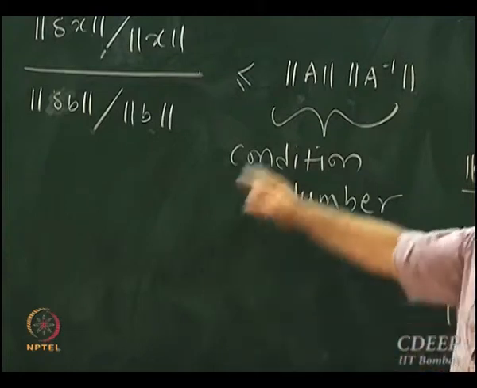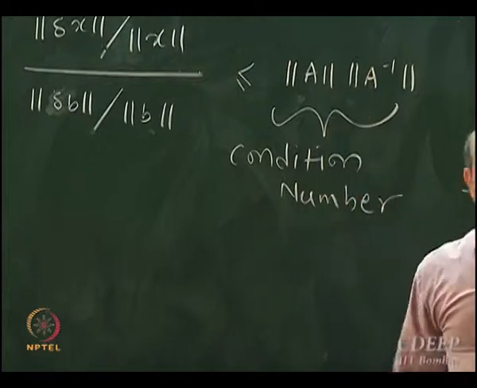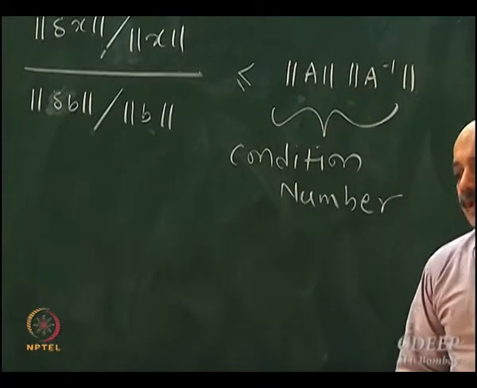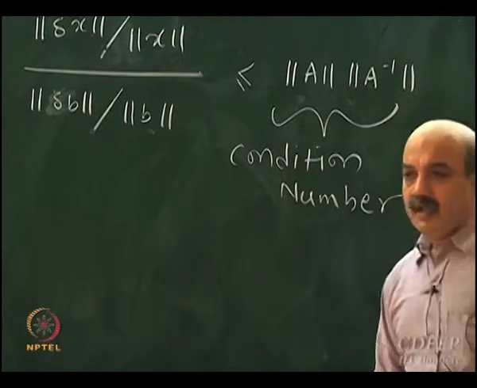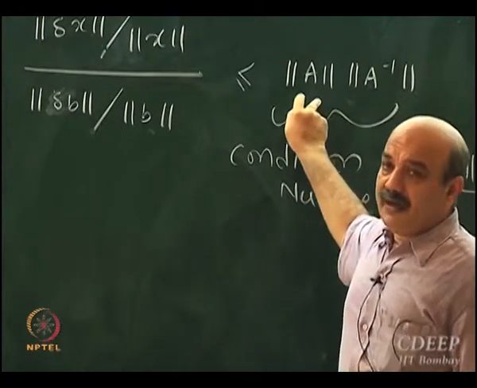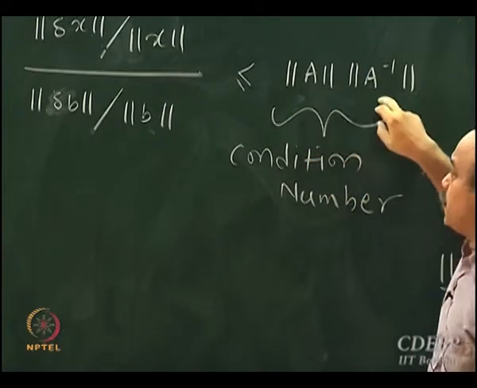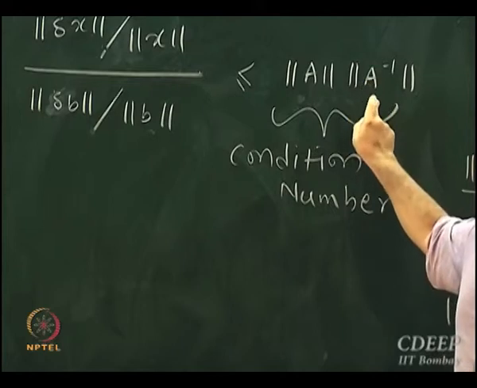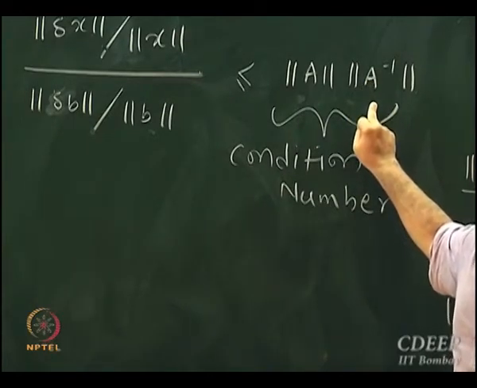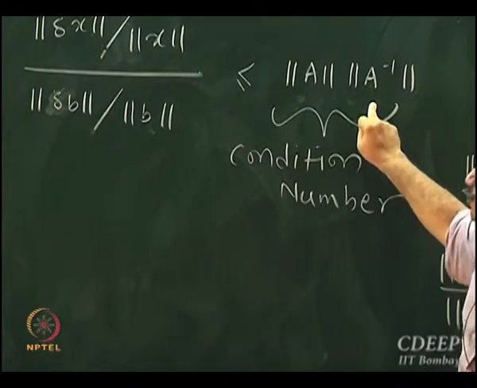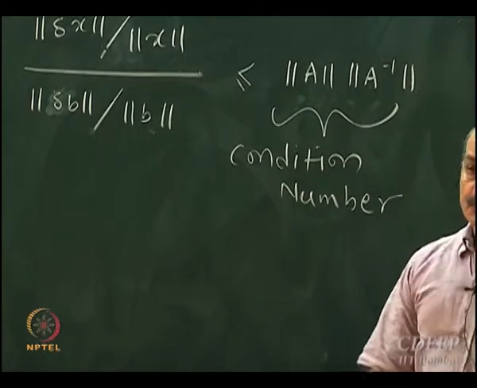How do you evaluate this? You could use one norm, two norm, infinite norm, whatever is convenient. You can use that norm and find out this quantity. Well, finding this out for one or infinite norm has a problem, because one or infinite norm would require computation of A inverse, and many times A inverse is not computable. Two norm somehow happens to be convenient. I'll give you the way of computing condition number using two norm.